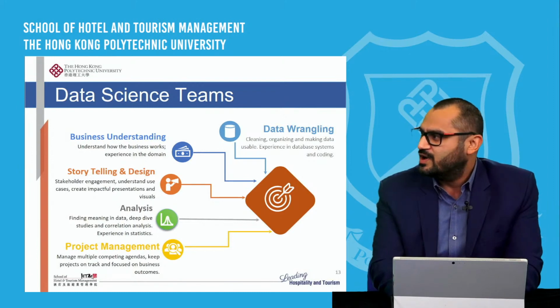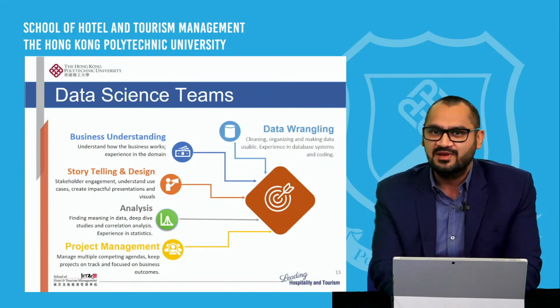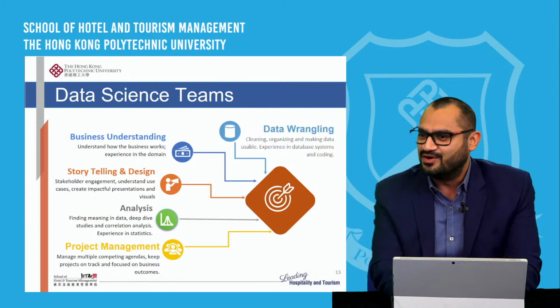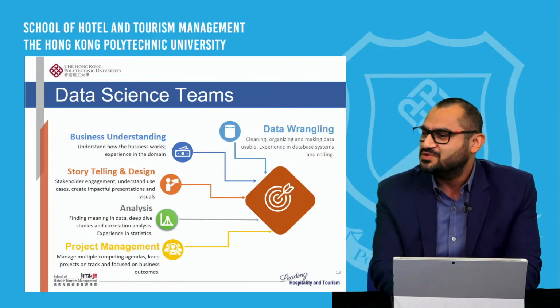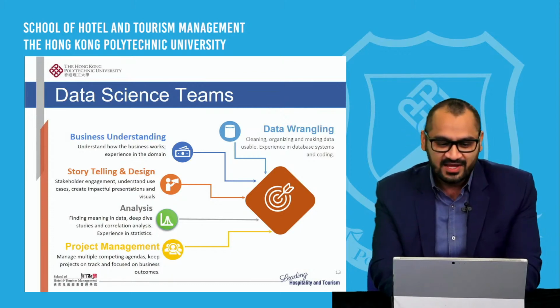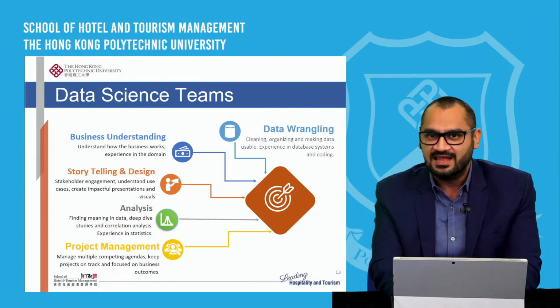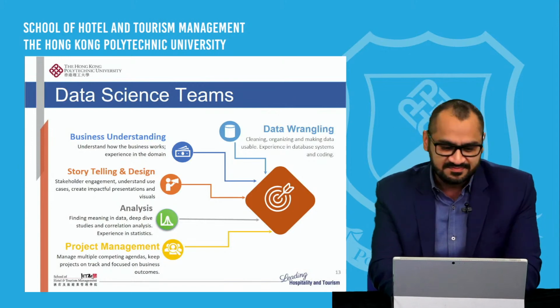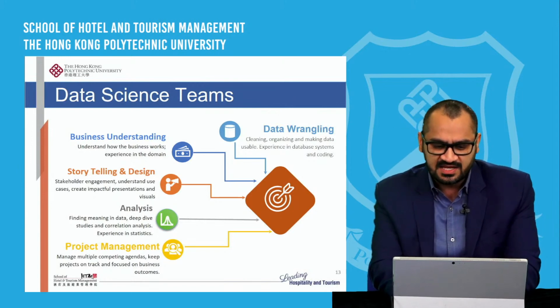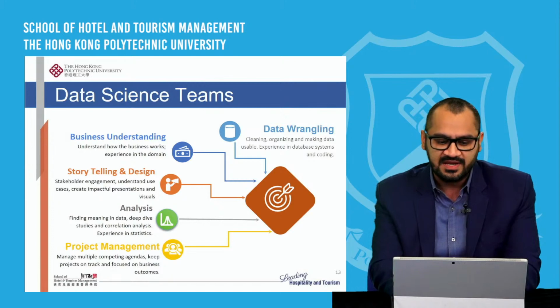If you don't need to do advanced analysis, a simple growth over last year or growth over last week or comparison to your comp set should give you the output that would help you make that business decision. So while this is a required skill, the level of complexity and robustness may change depending upon the context and the business need. Next one is project management, which is managing multiple competing agendas, keeping projects on track and